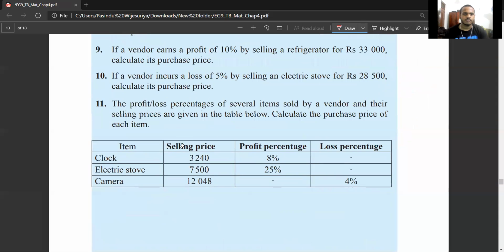Then we'll go a bit down. If a vendor incurs a loss of 5% by selling an electric item for rupees 28,500, calculate its cost price. So this is the complete opposite. So here he sold it for 28,500. Yes, so in this context,